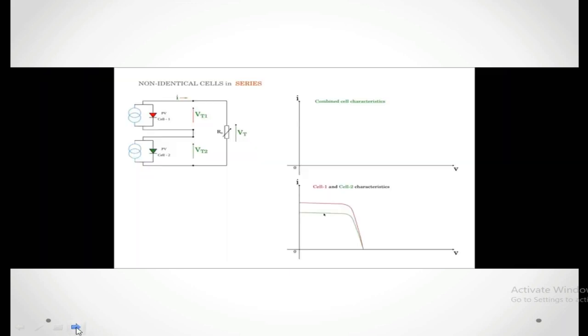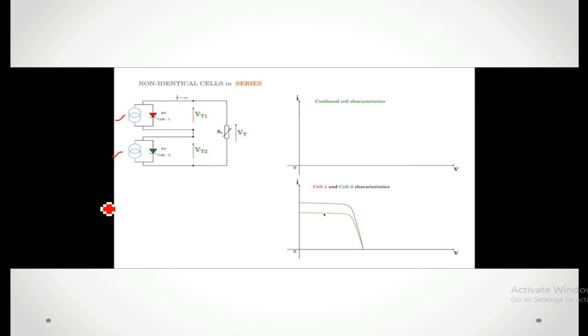Now let us see what is the effect of this load line on our non-identical cells connected in series. Here I have taken two cells, one indicated in red color and another in green color. Generally PV cells or PV modules are placed on a rooftop or on buildings so that you can catch the sunlight. Practically there will be a problem of shading. There will be a shadow effect on PV cells, so the characteristics will differ. If there is a tree beside your PV module, there will be a shadow due to the tree or due to neighboring buildings. That is called the shading effect.